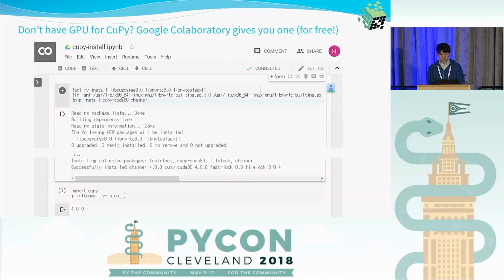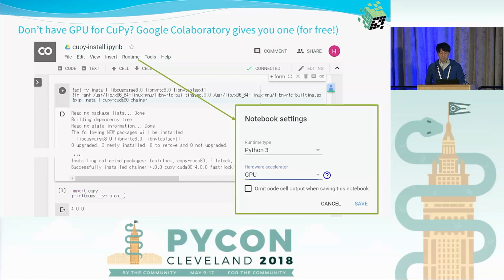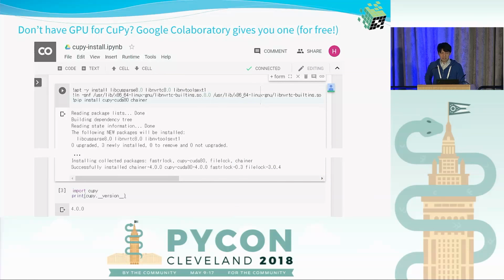And some of you may think, oh, GPU, I don't have one, so CuPy is not for me. But thanks to a rich company named Google, you can have it for free by using Colaboratory. As you know, Colaboratory is a kind of Jupyter Notebook in the cloud service. And you can turn on the GPU-based hardware accelerator from the menu. After that, the only thing you need to do is to execute these 3 lines of installing the CUDA things and CuPy, and then you can test CuPy right away. So literally, if you have a web browser and an internet connection, you can test CuPy right now, right here,